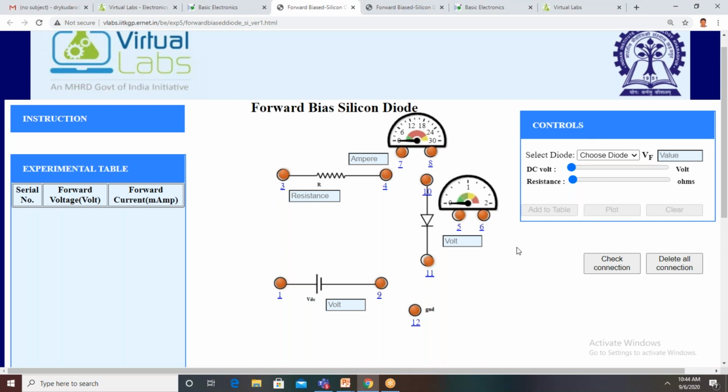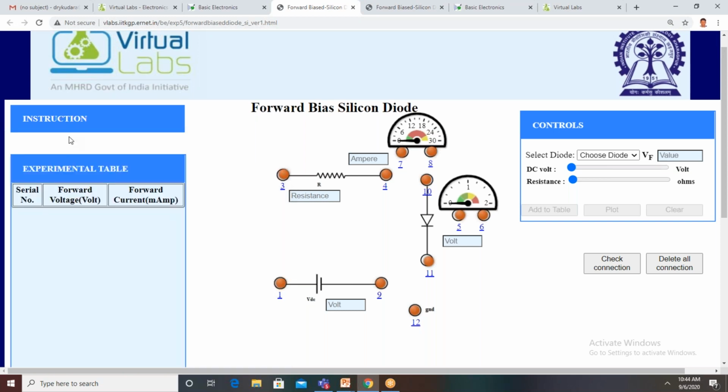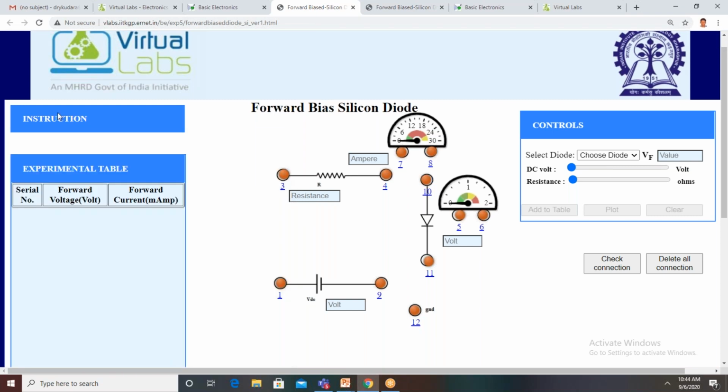Okay, so here you click on instructions. What is the first one? Connect the components as mentioned below. The first connection is L1 to L3. To make the connection between these two, you click on this one and drag to 3. Drag and place.